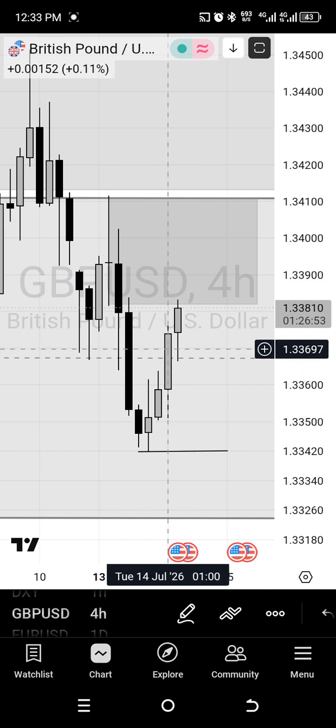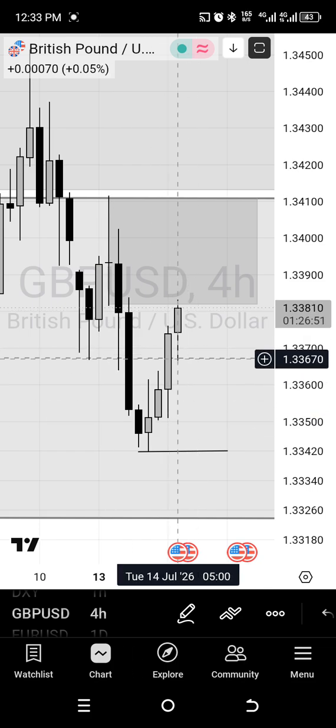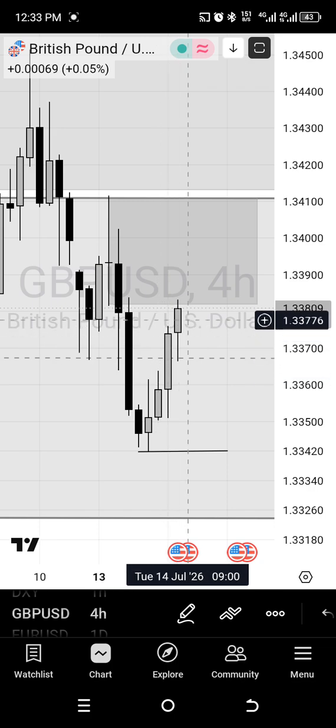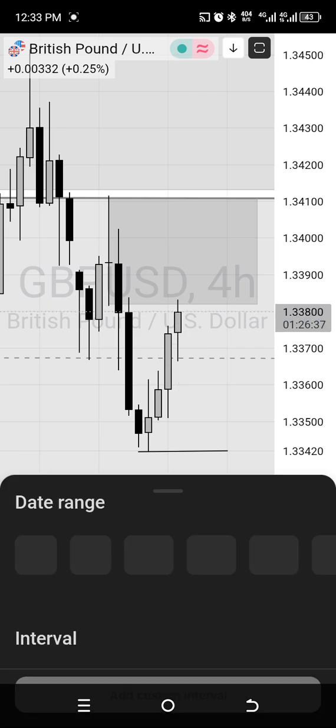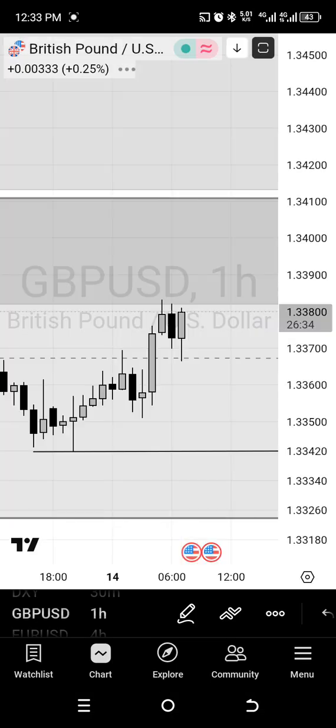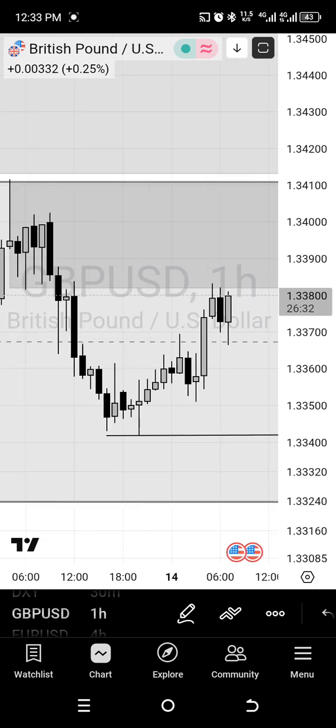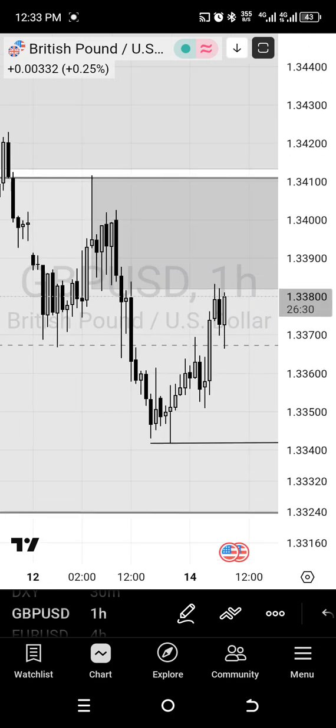So that is what you guys need to bear in mind. If you have that particular formation, then we should expect that one to be on the 15 minutes. But if you don't have that particular formation, you can then use the 1 hour to confirm the sweep,